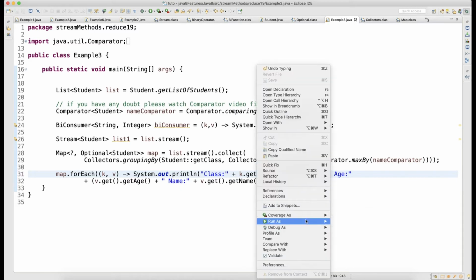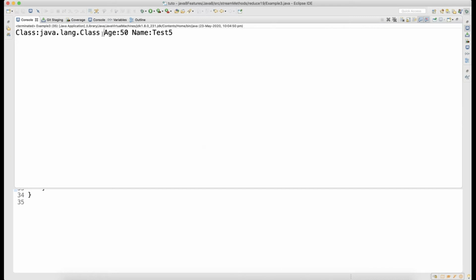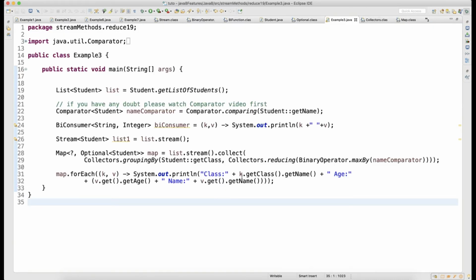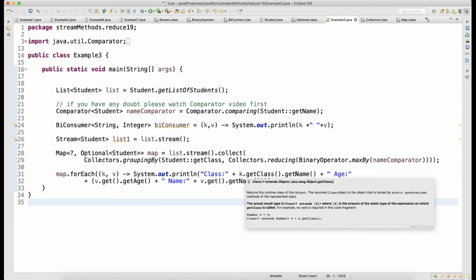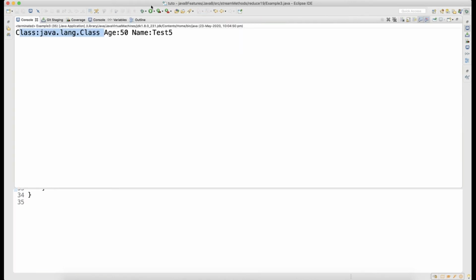It should not give me the class, it should give the student, right? It's a Java lang class. Okay, got it. So k dot get class dot get name is giving me the string.